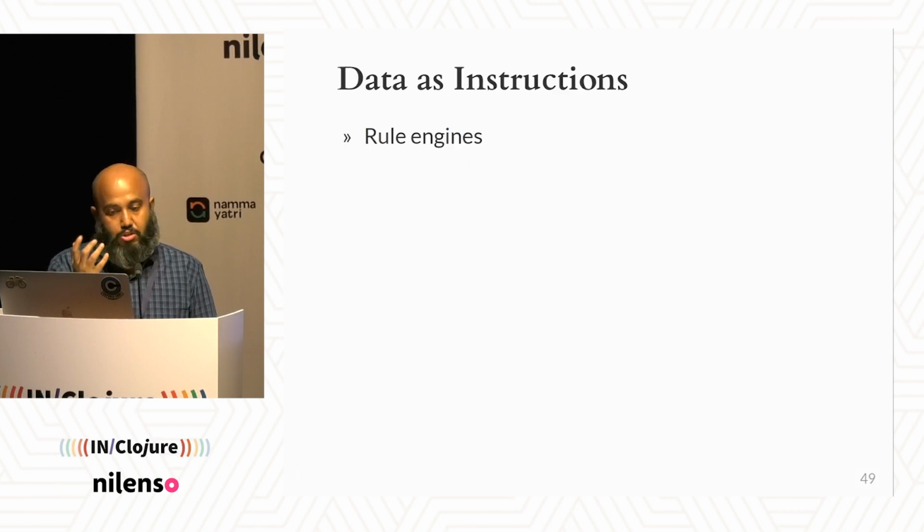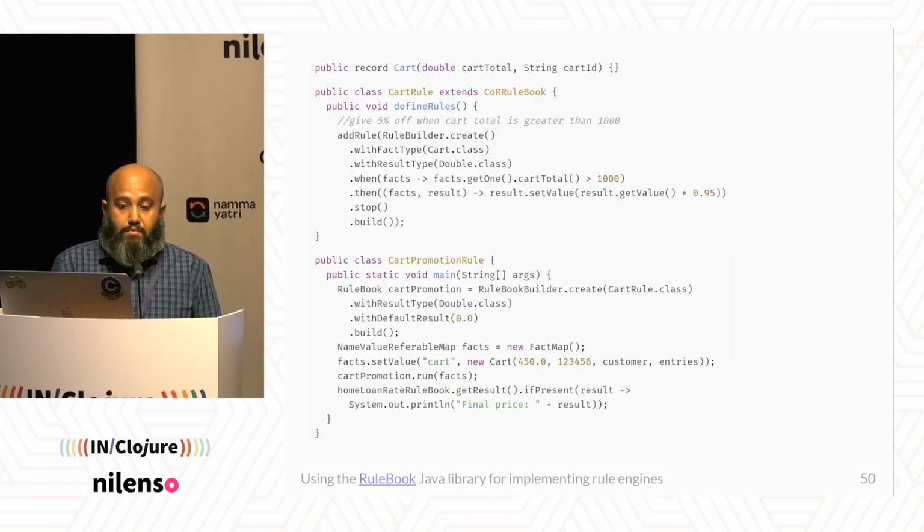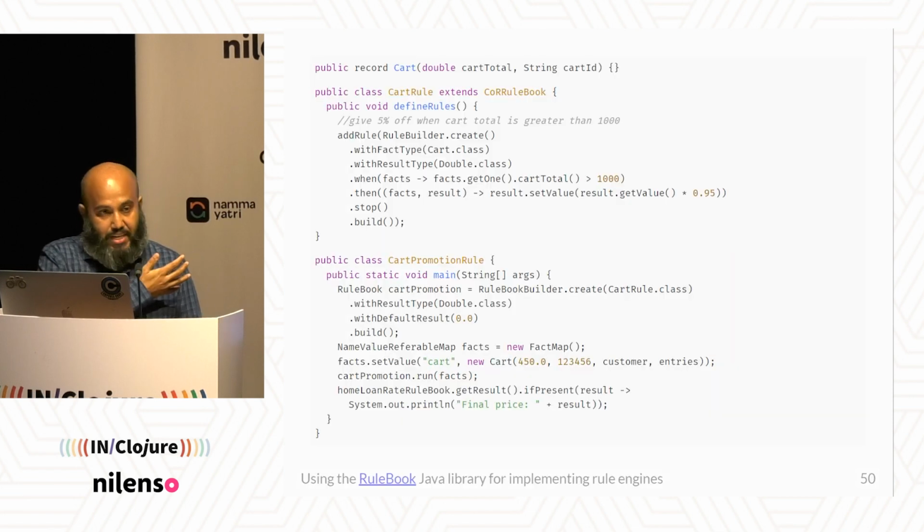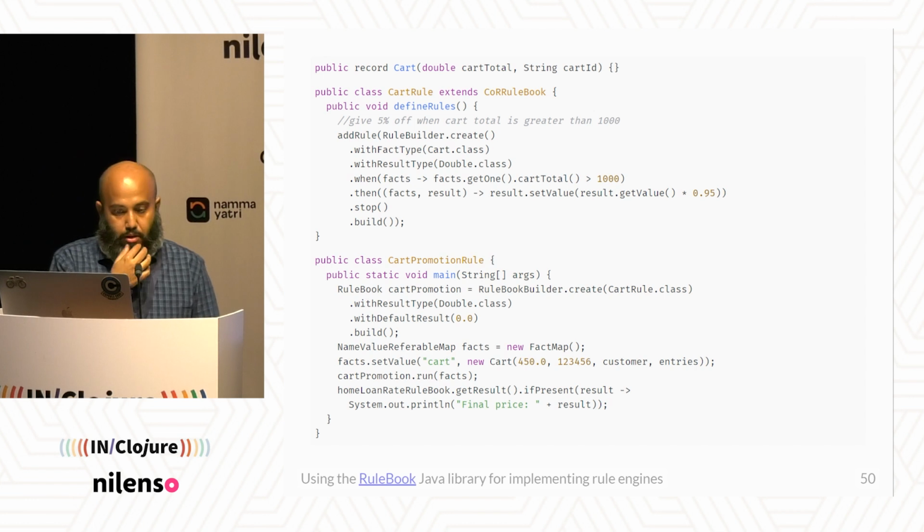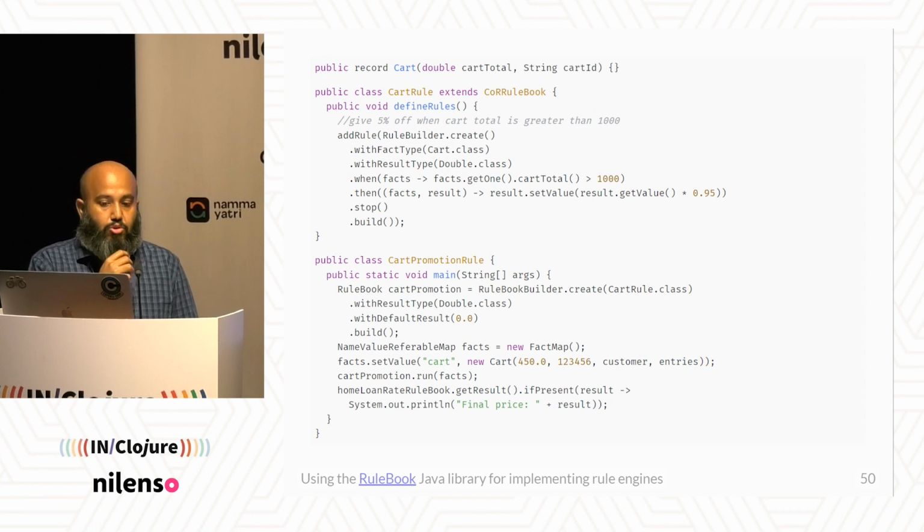Data as instructions is also quite pervasive. You may have seen some rule engines, right? This is an example in Java, which is very verbose. In Clojure it will be much simpler, right? Instead of writing actual functions or operations, you would write rules which say that if this happens, that happens. If the value is more than this and whatever else, etc. And then you give this rule to a rule engine which will take inputs from outside and then execute these rules and do something. Right? This is data as